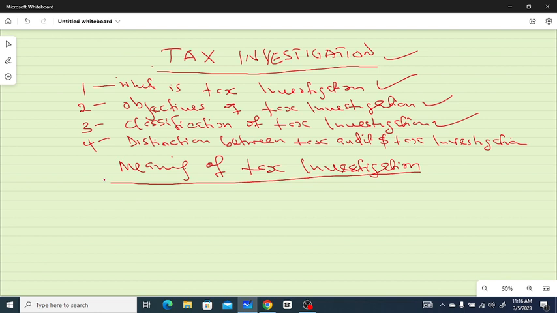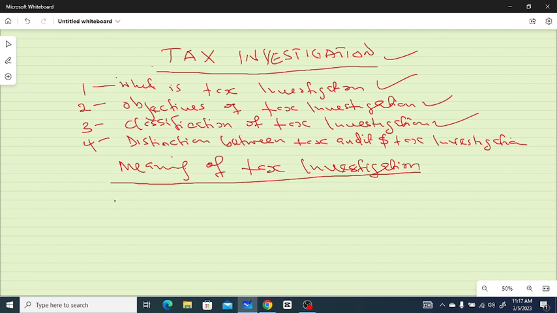Tax investigation is a comprehensive and in-depth examination of books, records, documents, information, and all activities of the taxpayer in order to determine the truth of a matter. And this is carried out by a tax authority in order to recover the uncharged or unpaid,